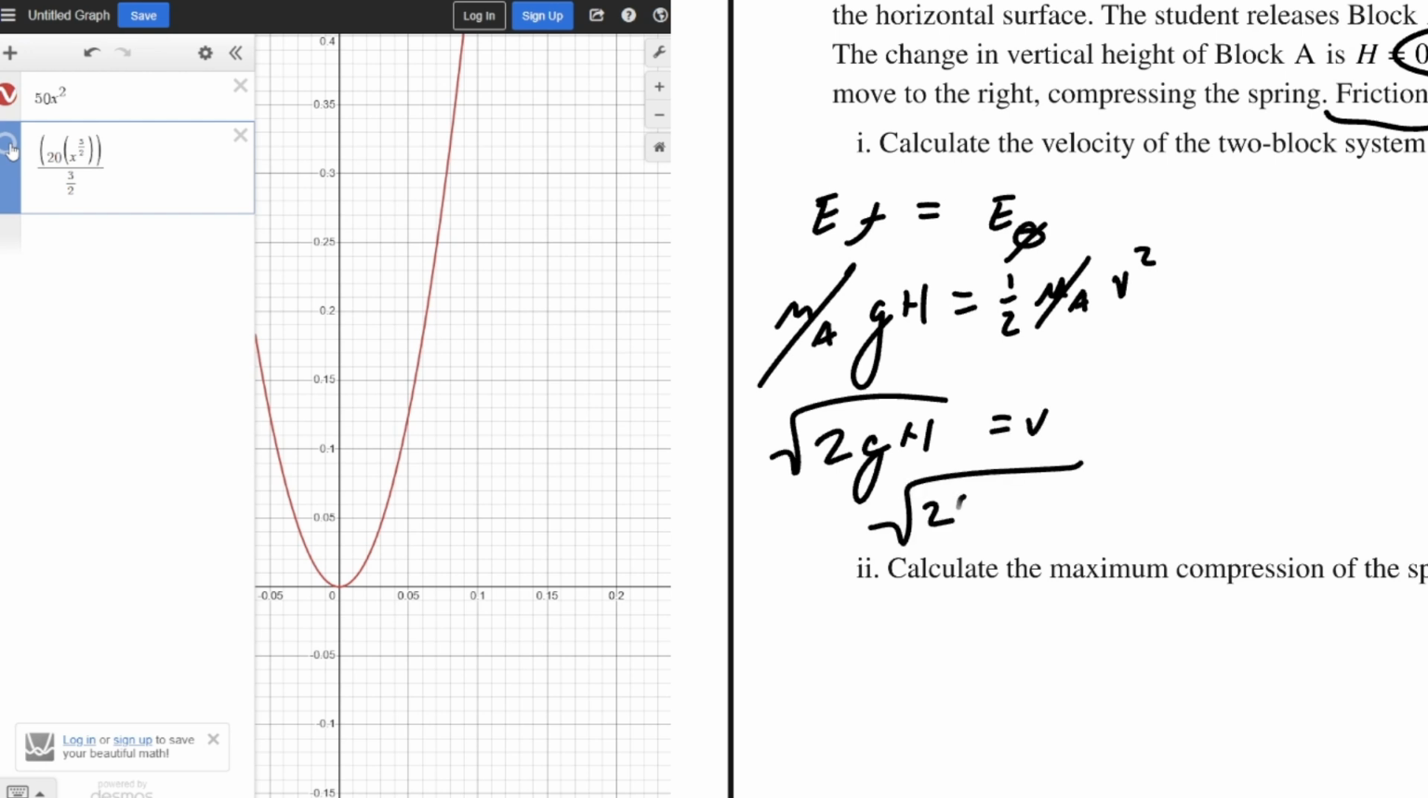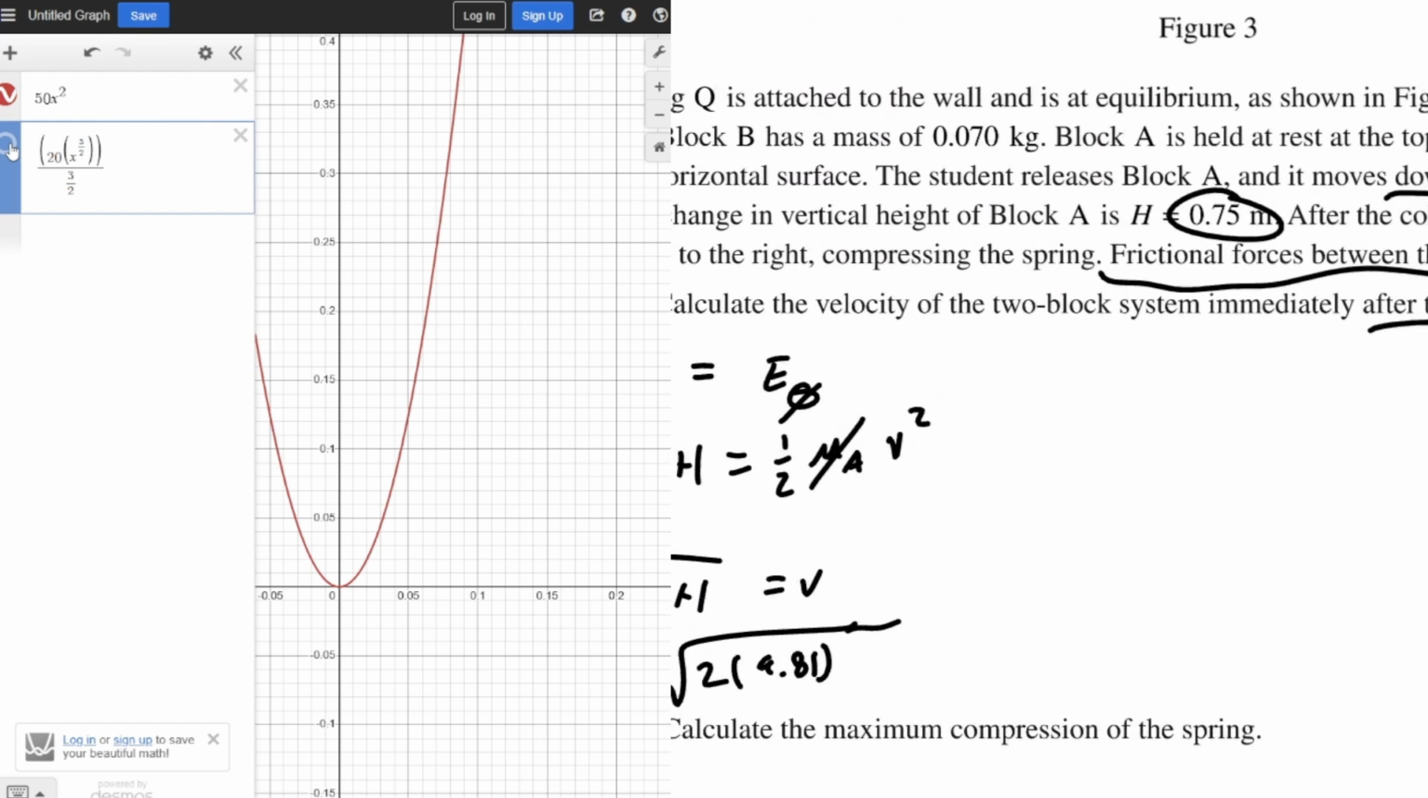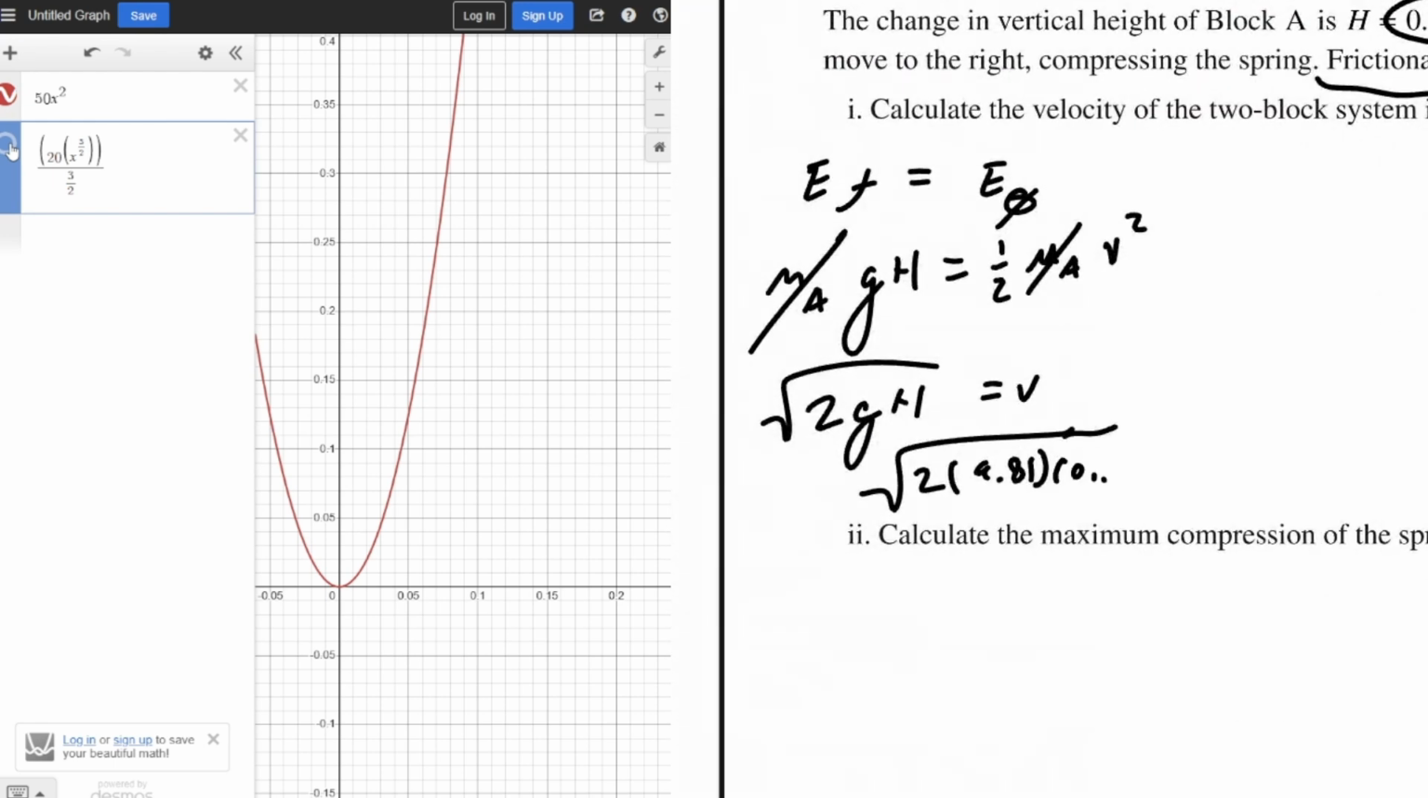Now we're going to plug in our numbers: g is 9.81, gravity is a constant. The height they gave us was 0.75. And we're going to put that in Desmos. Square root of 2 times 9.81 times... 0.07? Was it? Oh, it's 0.75. Okay. And that should give us, let's see, velocity, which will equate to